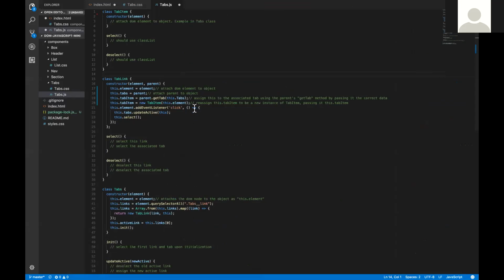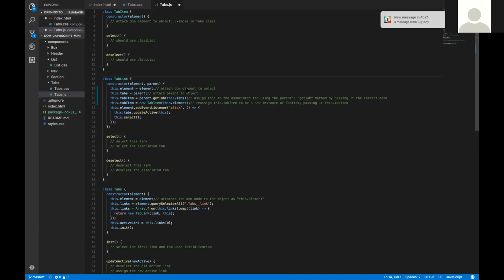Good. Yes. I think this is how to do this piece right here. You need to make that not blue anymore, I'm having a hard time reading it. Ah, yeah, that's pretty smart. I think because you're passing it the individual element from the map down here and the parent. Right, that's actually what I was thinking as well. This dot element is set to the element, this dot tabs is the parent,